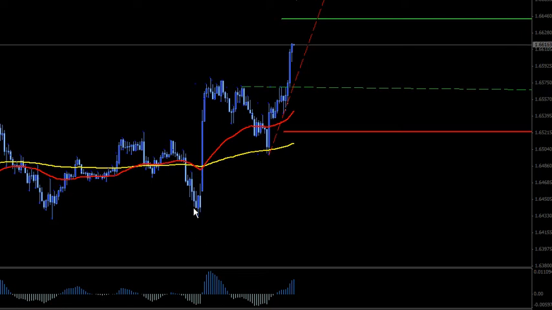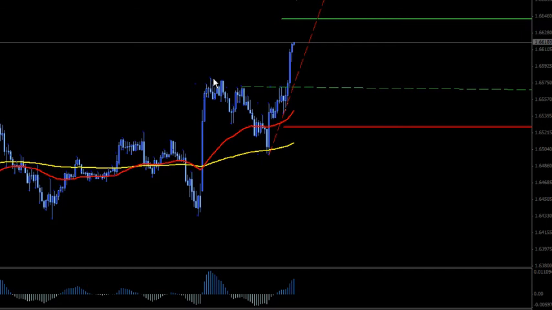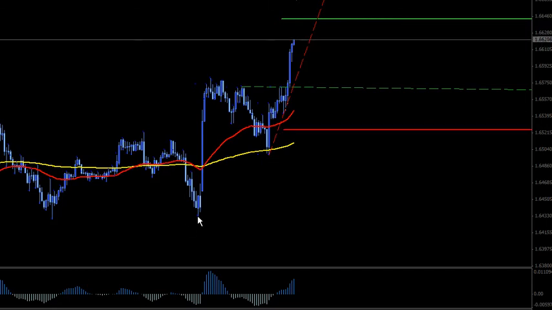Whenever you see a swing low put in, which is right here, and then a rally, you have a swing low and a swing high. And once you see that price is starting to come down, then you know you have your swing high in place. It's always the most recent on whatever time frame you're trading on. So here we have a swing low and a swing high, and then we have a pullback. So once you get your swing low,